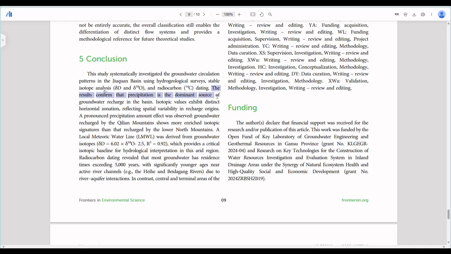Now from here, that is the first statement. You remember what we said earlier. It is important to state the focus of the work, to restate it. And now the next thing is the research confirmed that precipitation is the dominant source of groundwater recharge in the basin.